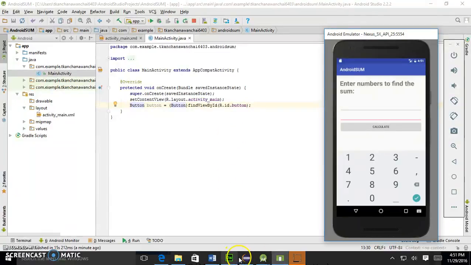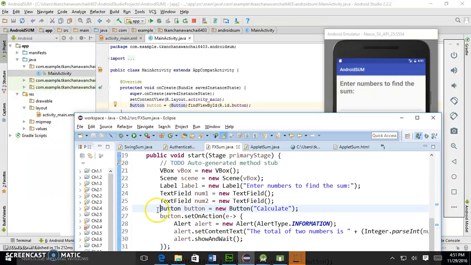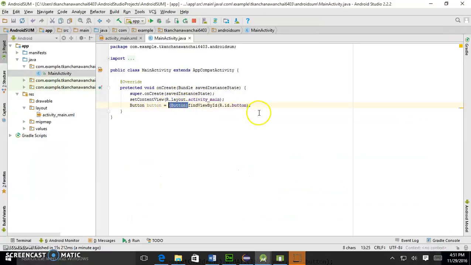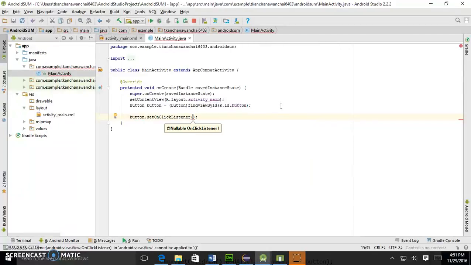So this technically, if you compare to Java, here it's just like we're creating a new button right there, but this one is just linking to that button, right? The code is not creating it, we just chain it from XML to the button. So for the button itself, now we start to add the action to it, right? So we do setOnClickListener, right? And then we have to do new, just like in